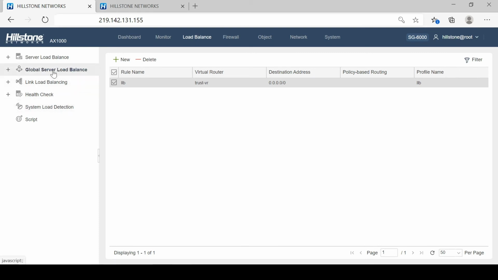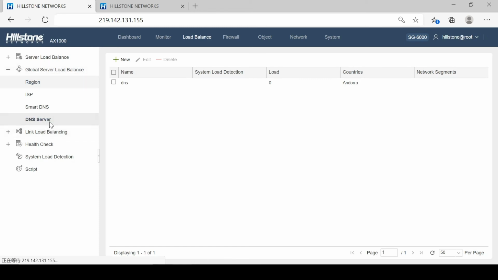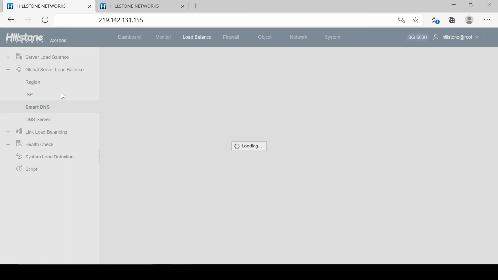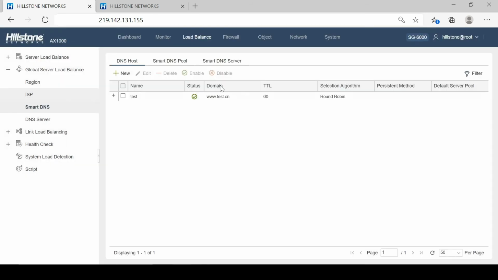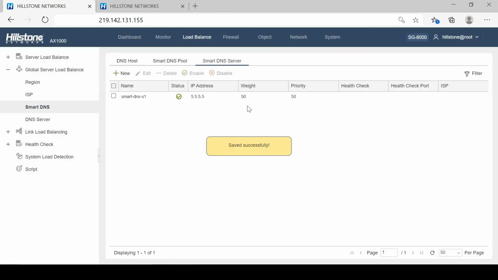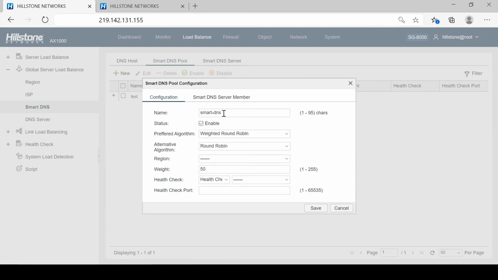Now, let's take a look at how to configure for GSLB. For this part, we will mainly focus on Smart DNS configuration, which is the most often used. For example, let's create a Smart DNS server. Next, we will bind this server to a Smart DNS pool.